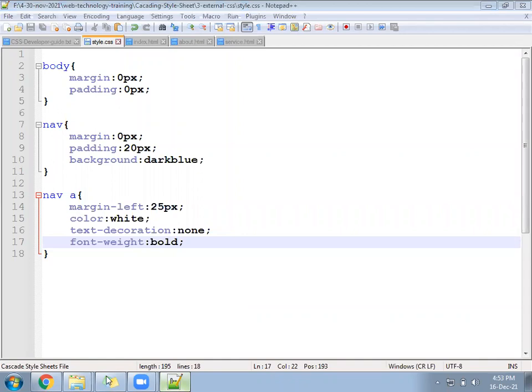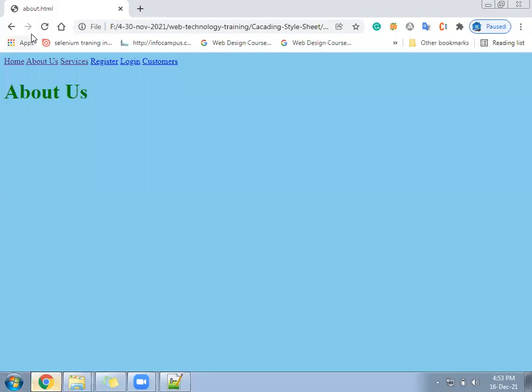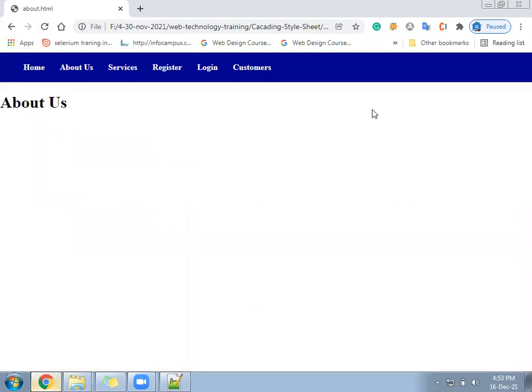Something like this. Navigation is ready.